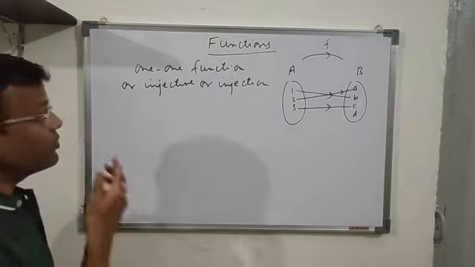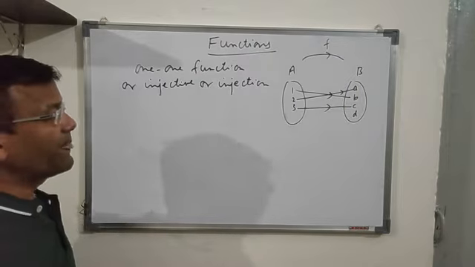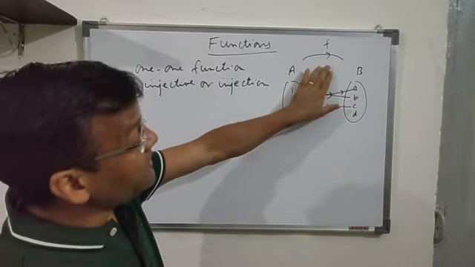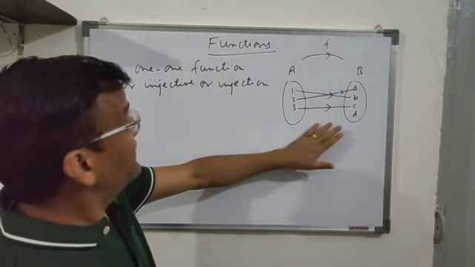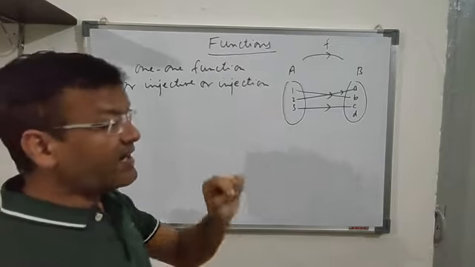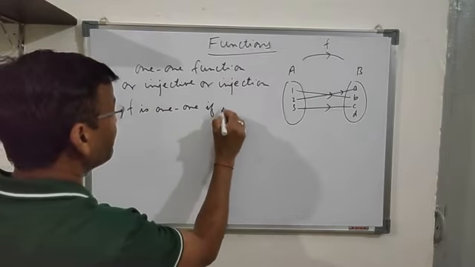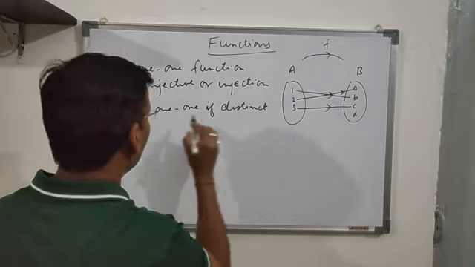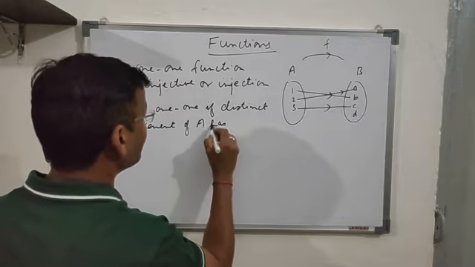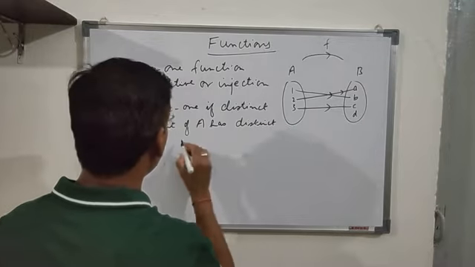So when is the function f 1-1? If I say f is a function from A to B, the definition is that a function from A to B is said to be 1-1 if distinct elements of A have distinct images.